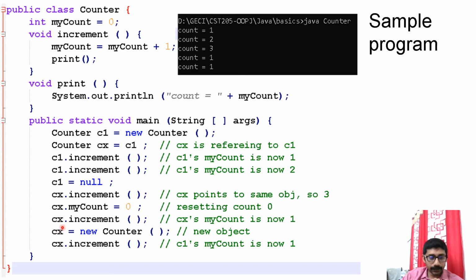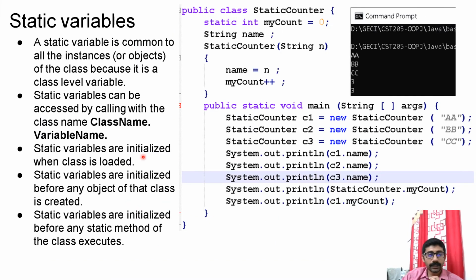I updated that with the new object. Now I am incrementing that value. I want to see which object is getting updated. If this one is getting updated, I should see 2 because the current count is 1. If the newly created object is incrementing, it should print 1. So here you can see 1. That means now after this statement, cx is pointing to the newly created object. So this is the sample program.